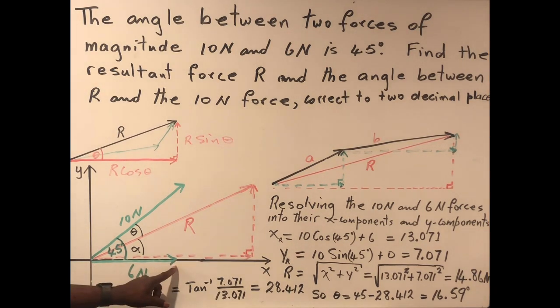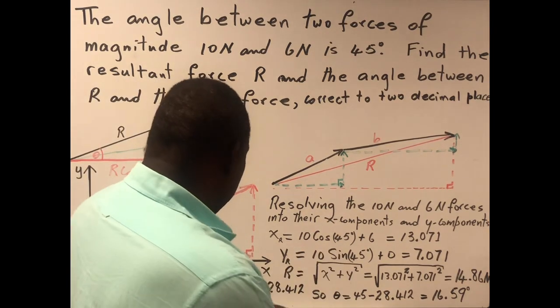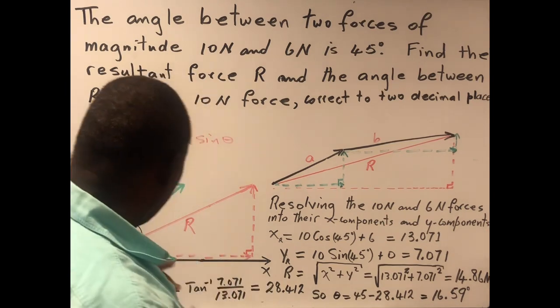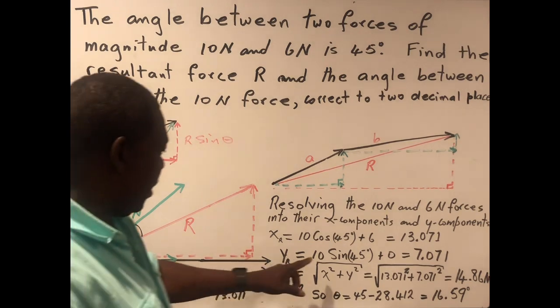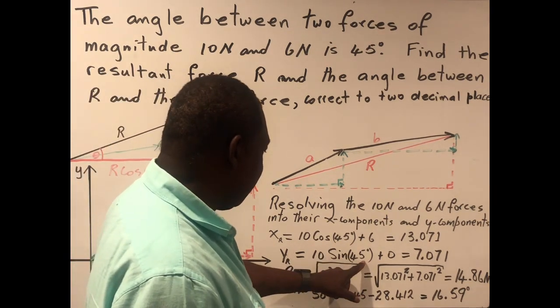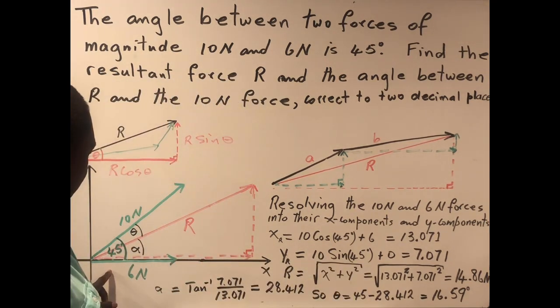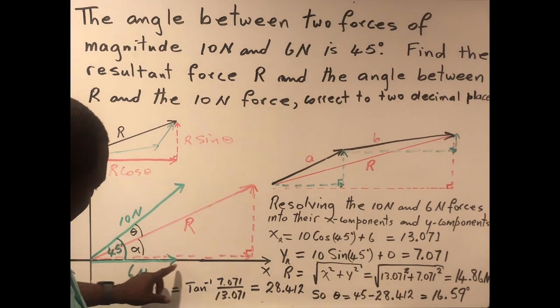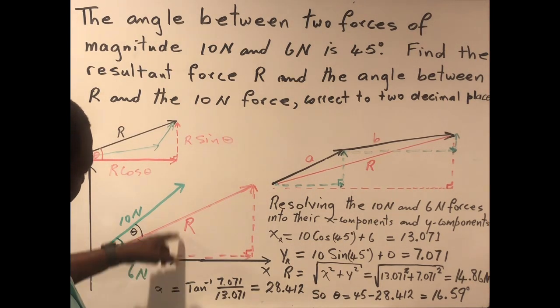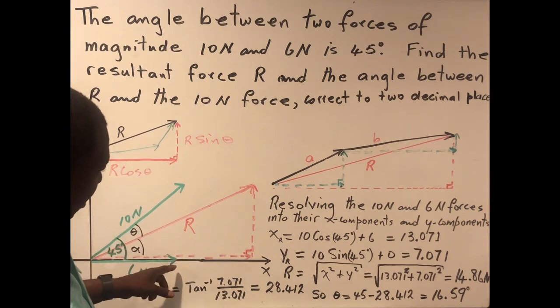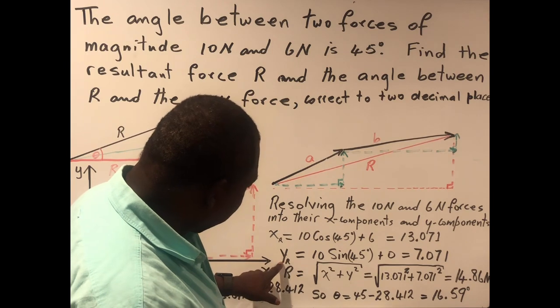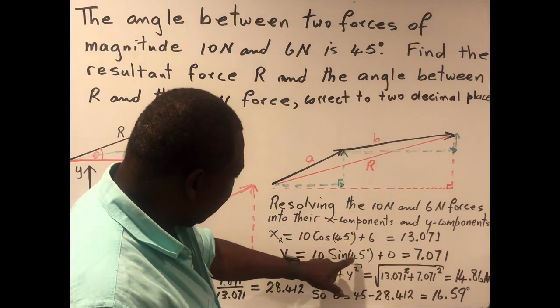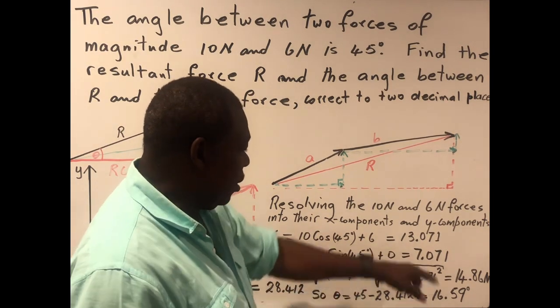So it's 6 units long in the direction of x. Similarly, the y component of the 10 Newton vector would be equal to 10 sine 45. And since the 6 Newton force is in the direction of the x-axis, then the y component would be 0. So the y component of the resultant vector will be 10 times the sine of 45 degrees plus 0 to give us